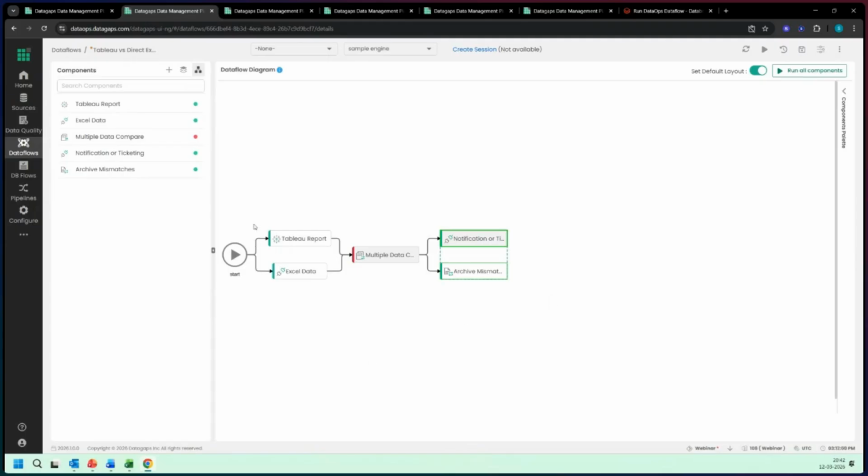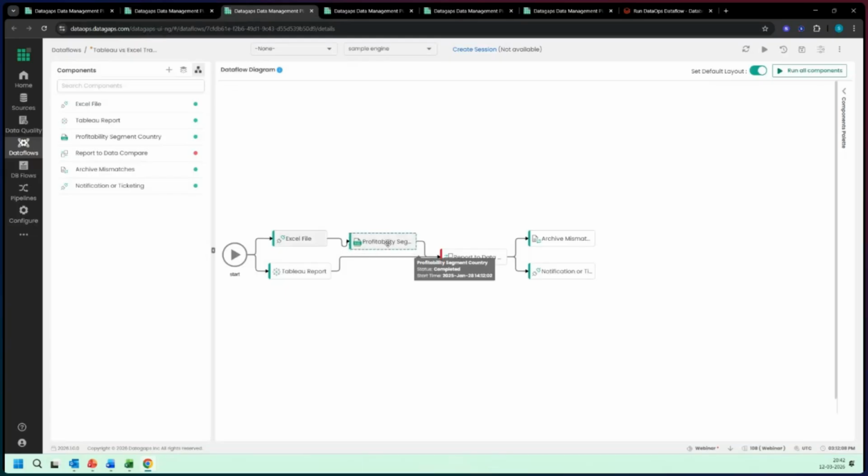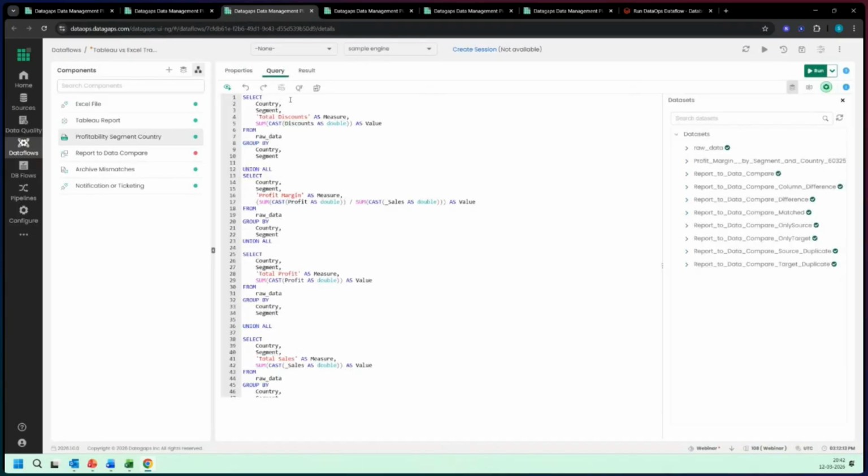Now, let's add a layer of complexity to this. Here, the data is already aggregated. Chances are that's not the case in your system. Chances are you have to aggregate it yourself. So when you're doing this, do note that we have a traditional query builder to help you do this, as well as an opt-in AI assistant, which won't hallucinate and which will be context clear in terms of the query that you're putting in. So you have a lot of options in recreating the transformation logic,